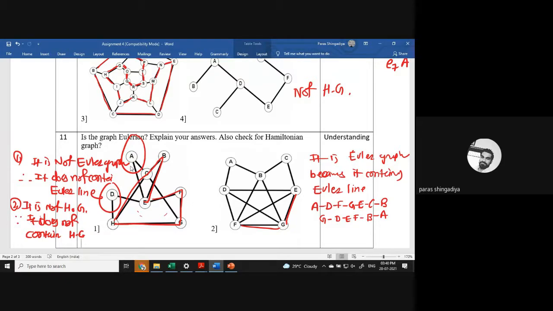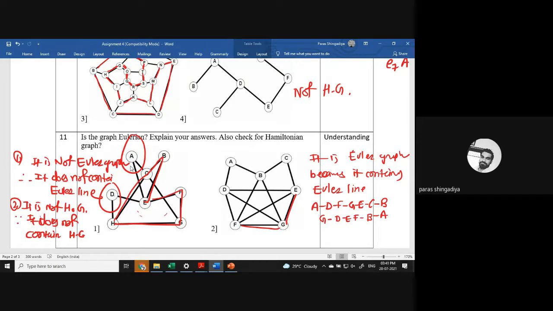हैमिल्टोनियन ग्राफ में आपको सिर्फ वर्टेक्स पे फोकस करना है, ठीक है। एज जितनी भी हो उसको काउंट नहीं करना है, ठीक है। We just focus only on the vertex, and here we have to just find one of the circuits which covers every vertex exactly one time. कोई भी डायरेक्शन में आपको सभी वर्टेक्स को एक बार विजिट करना है और फिर से जहां से स्टार्ट किया है वहीं पहुंचना है, वहां आपकी जर्नी एंड होगी, ठीक है।